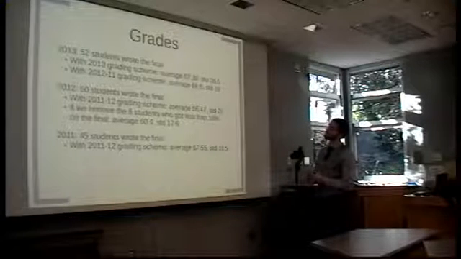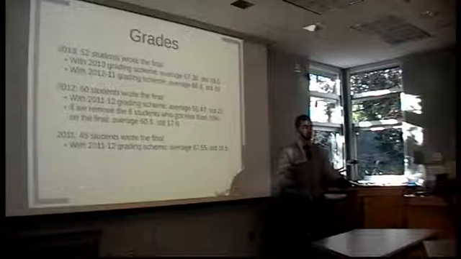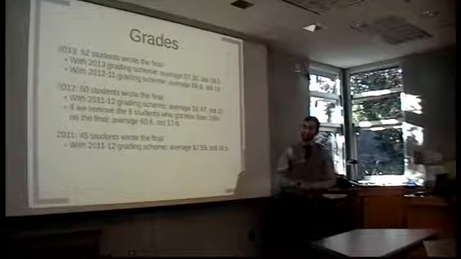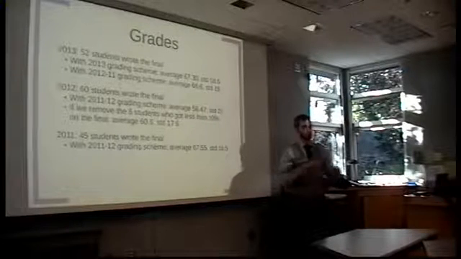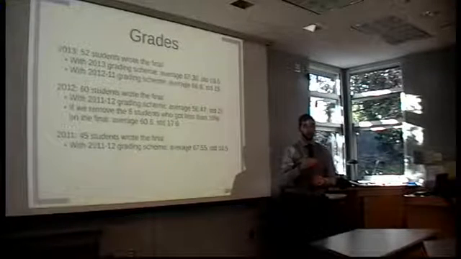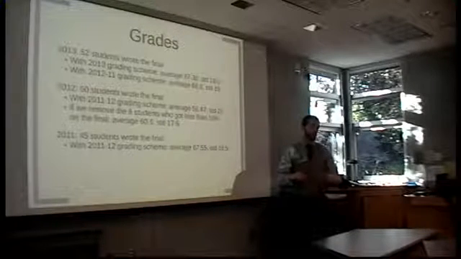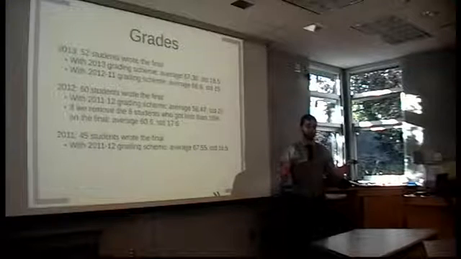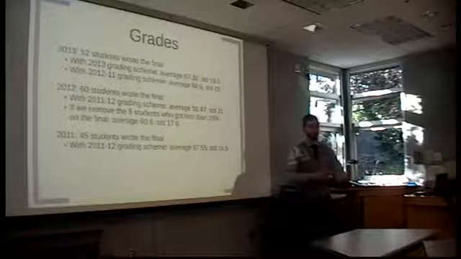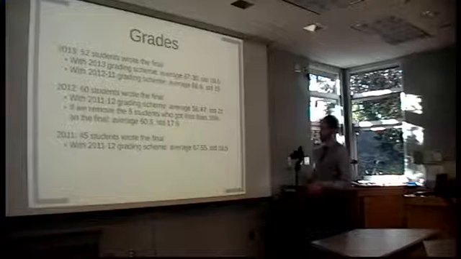In 2013, I gave a grading scheme that had 1 less assignment and a 2% participation mark. I also reweighted things a little after I started thinking about my teaching a lot, for the final to be 50%. Before, in 2012 and 2011, the final was 60%, and the midterms were 15% each. I always thought the 60% final was atrocious because it's in August at that point. To put so much weight on it, especially at the end of the summer, when they're tired and want to go on vacation and do something before the term starts again, 60% was pretty crazy. But anyway,